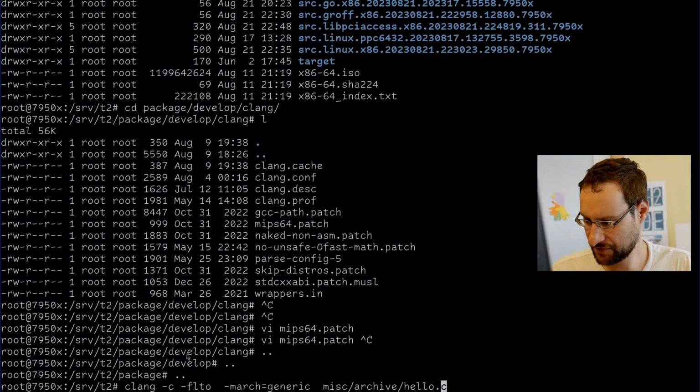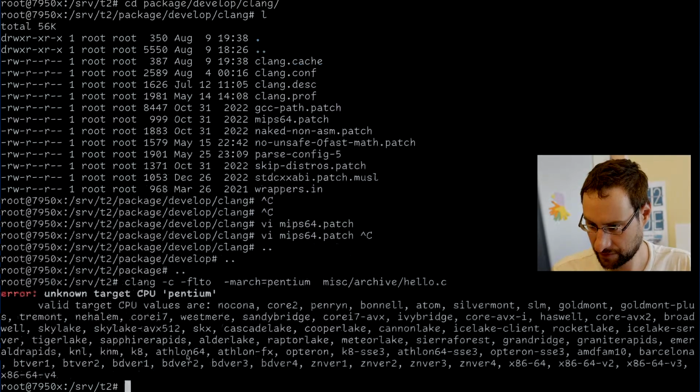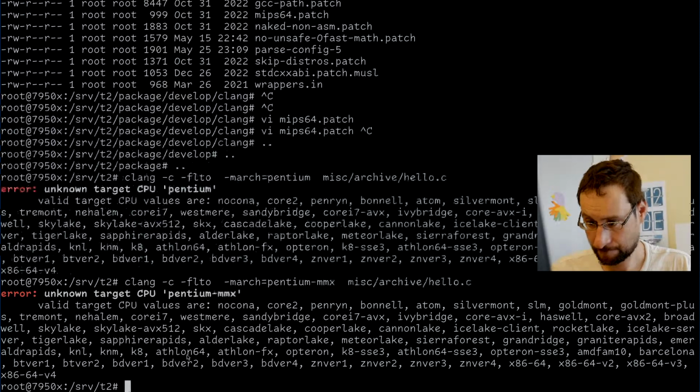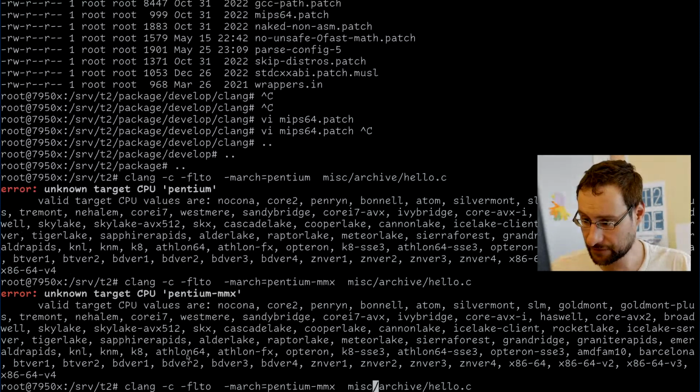Let's see what it does for Pentium. Is it even in this list? Long list. But I mean, some Atoms were 32-bit, right? For me this looks like an afterthought. For me this looks like someone has forgotten that.